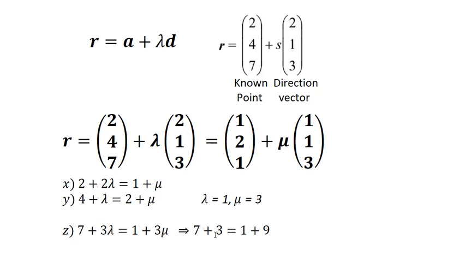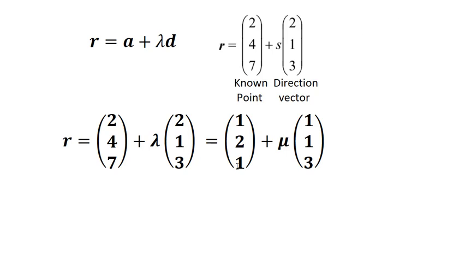If this z component had been different, we would have said they are skew, and we must remember to actually write the answer down, which is putting lambda into here. That gives me 4, 5, 10. And I would also double check to make sure I've done it right by putting mu into the other one. That is 4, 5, 10. Now, lovely. Another video will show you how lines and planes